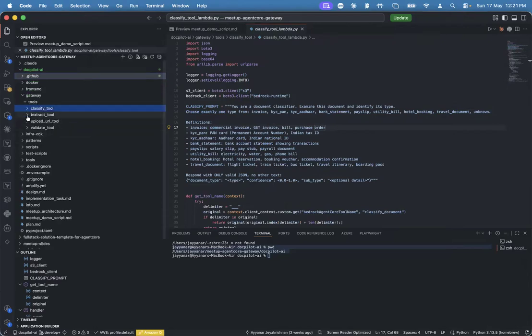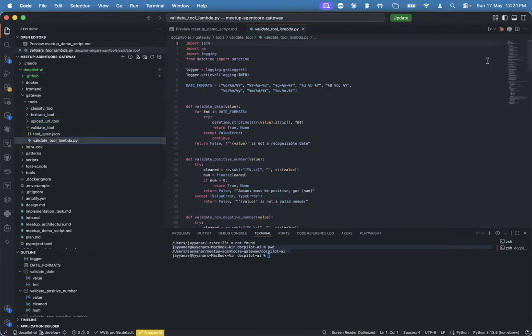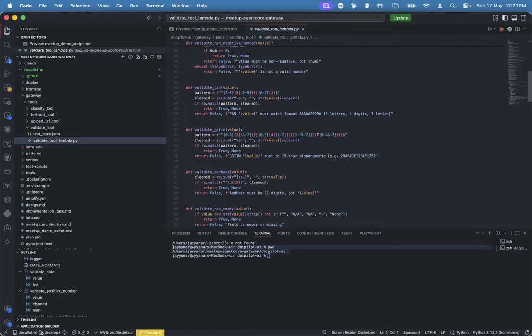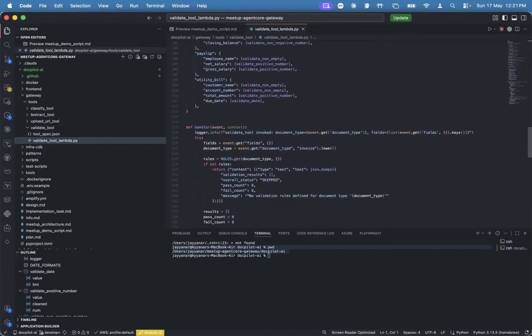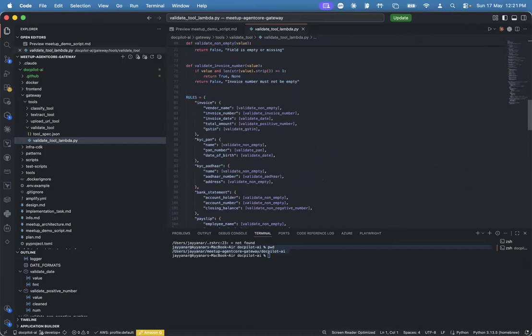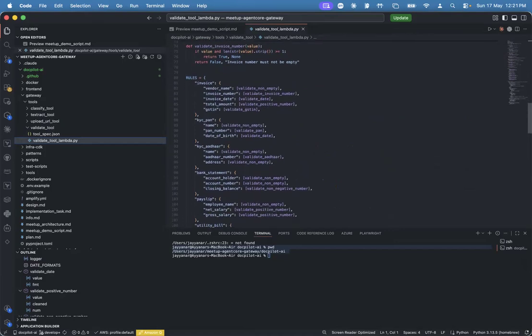Okay. Then you have upload URL. Validate URL is very complex, where you do it before updating your backend. So these are the rules I was talking about. This is more than rules, I would say. This is a knowledge of what is needed before updating into your backend database.